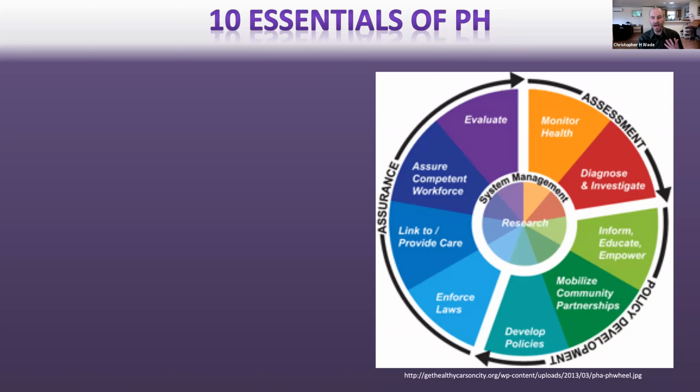So once you have some information about what a disease is and how it's occurring, then you can get into that policy development phase, which is saying, well, we need to tell people about this new disease. We need to educate them, give them information about it, how they can prevent it, and help empower them to help themselves and their community, right? So sometimes that means giving them the resources that they need to do this.